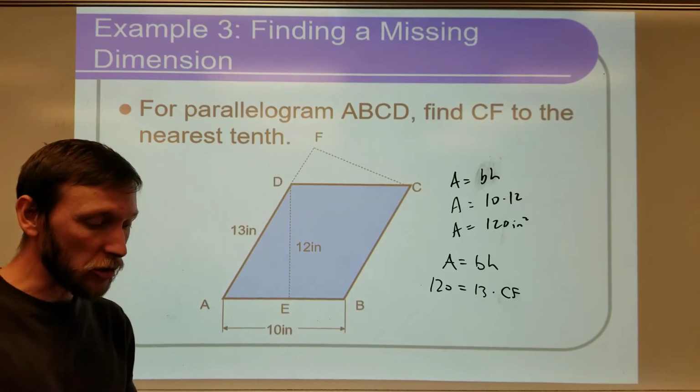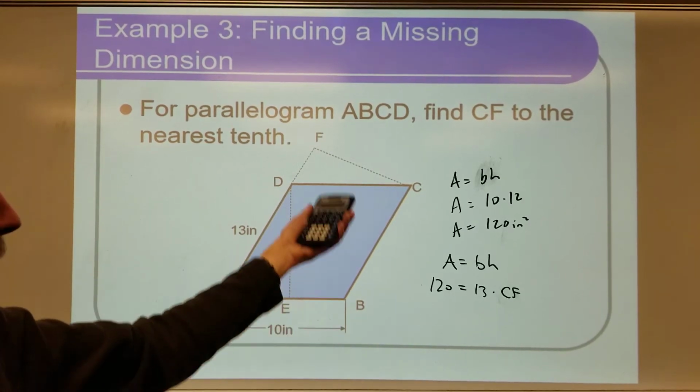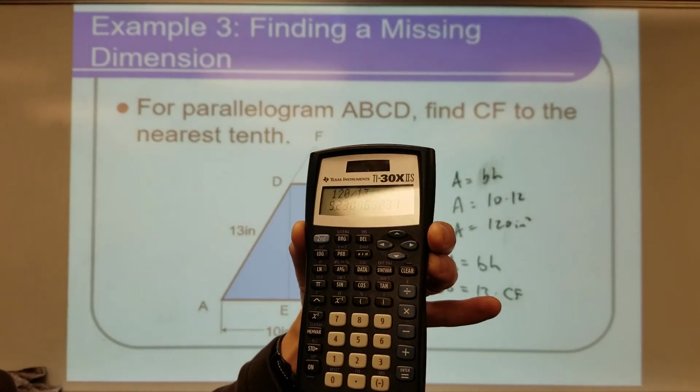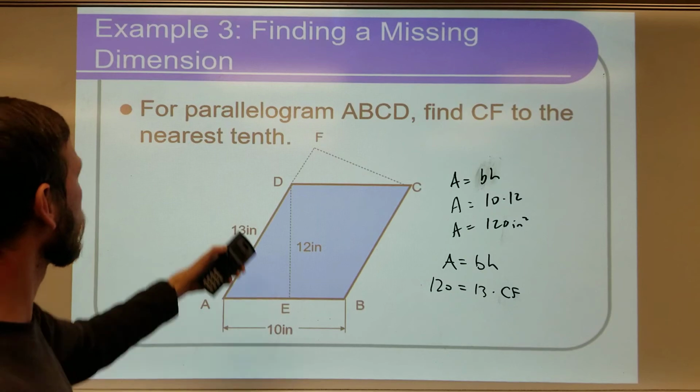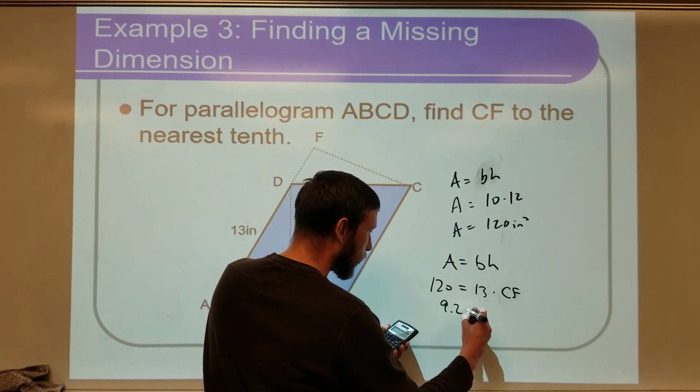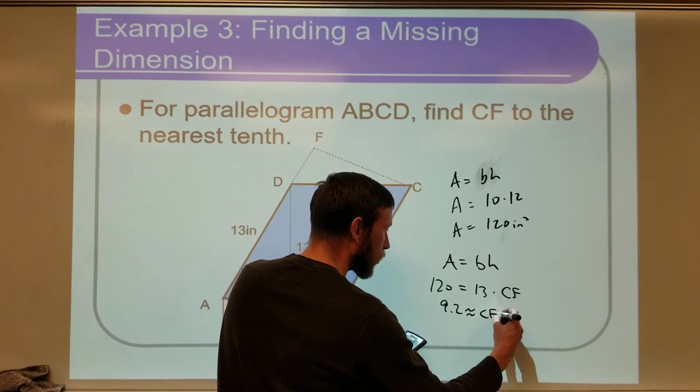And so we have to actually do division. Now, 120 doesn't divide by 13 very nicely. I get this crazy decimal answer, 9.23, and so on. It says to the nearest tenth. So when I divide both sides, I'm going to say 9.2 is approximately equal to the